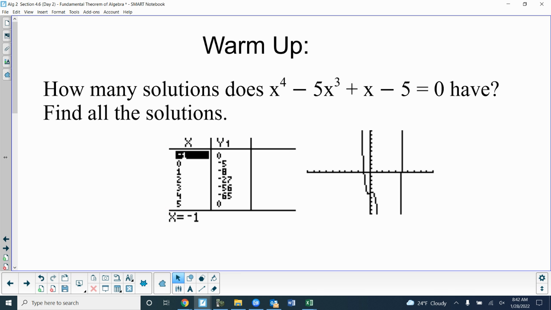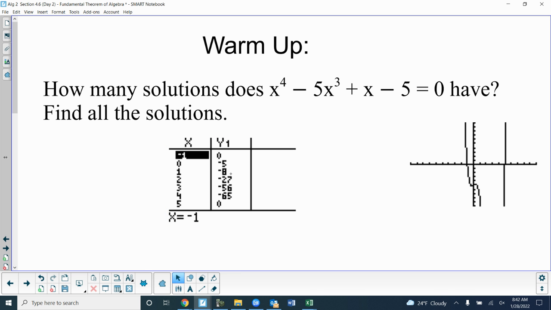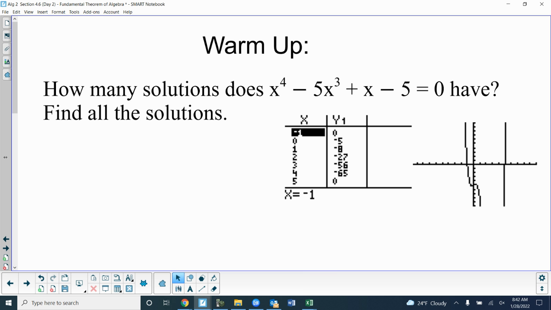All right, so let's move these over. Give me some room here. So what were they? -1 and 5, right? Yeah. So we've got those right there. Okay? So does it matter which one I start with to do my synthetic division? No. No. I know there's two more